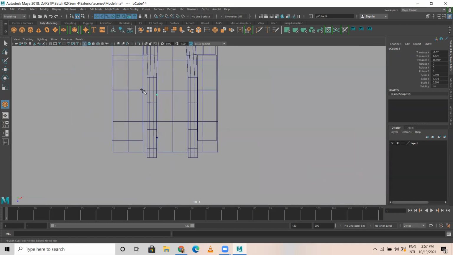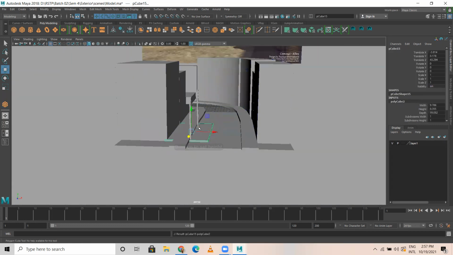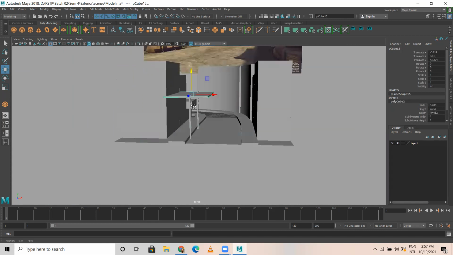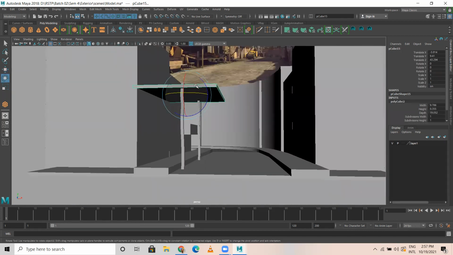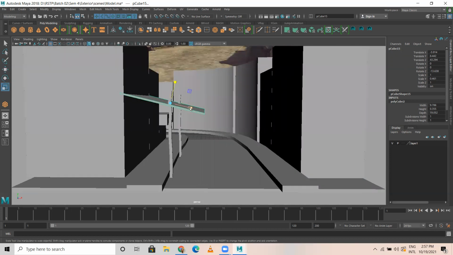There are two objects from here to here, with a bit of thickness, and I'll take this and rotate it a bit like this, up to here.